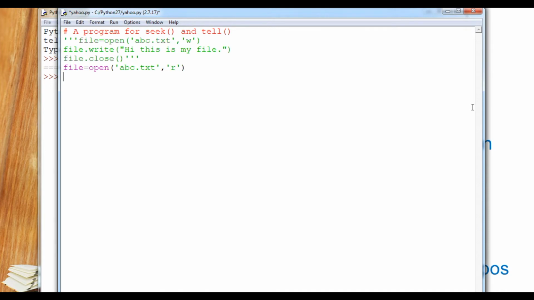Now we are going to check the initial value of the cursor. With the help of the tell method we can get it. So location equals file.tell, and then I am going to print this location, and after that close the file.